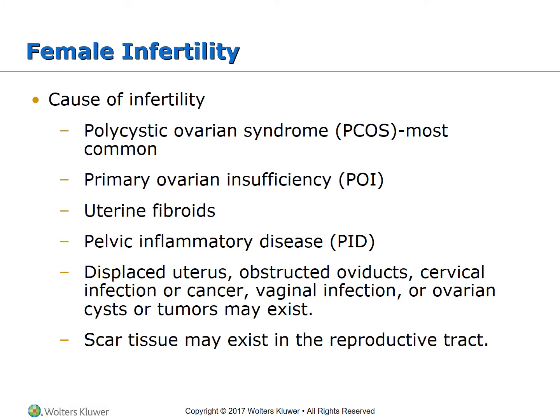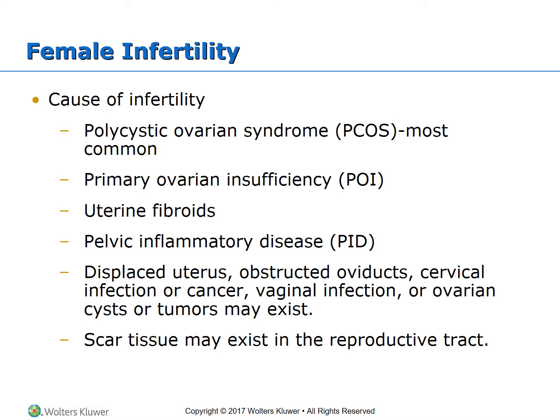Like I said, polycystic ovarian syndrome is your most common cause. And then you have primary ovarian insufficiency, which occurs in women younger than 40. It causes the ovaries to stop normal function, and it's not the same as early menopause. Uterine fibroids are benign tumors or clumps of tissue on the uterine walls that inhibit the fertilized egg from implanting in the uterus. Pelvic inflammatory disease, or PID,